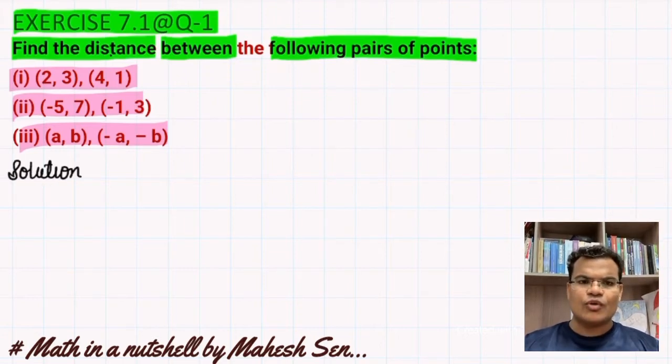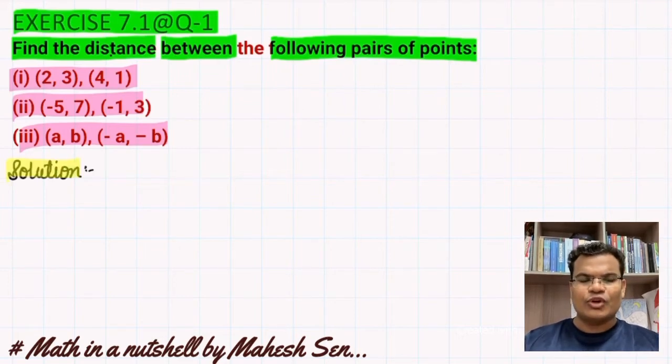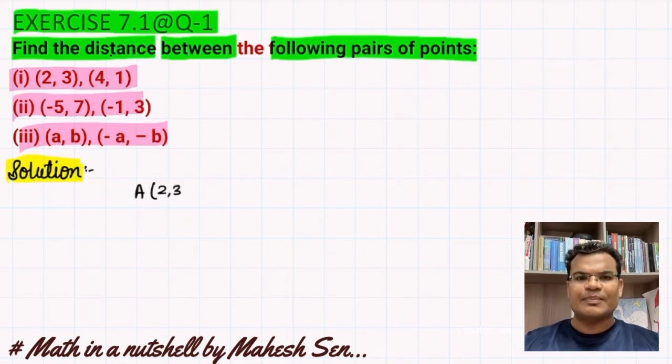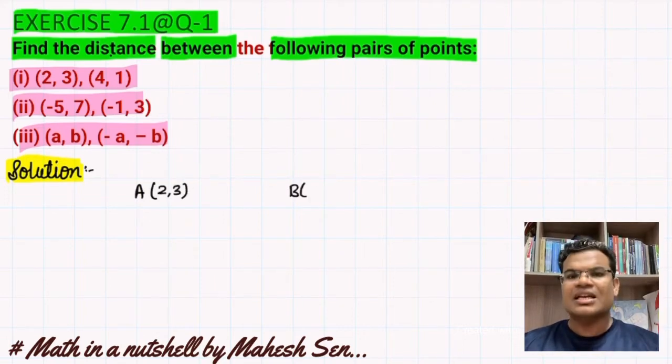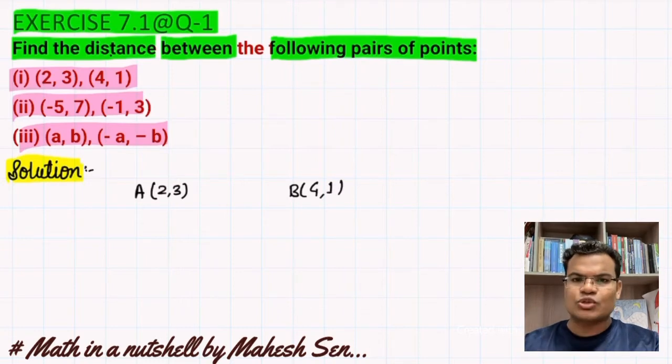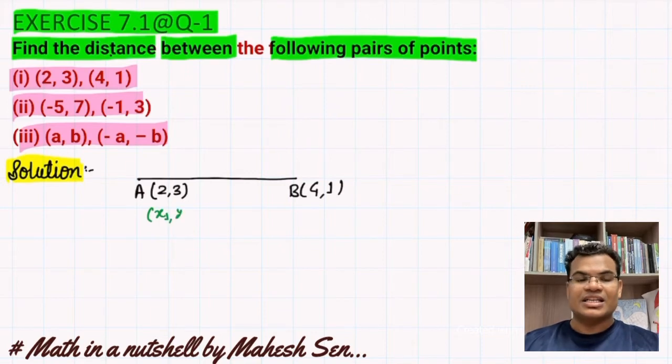We take the first part as points A and B, and we have to find the distance between these two points by applying the distance formula. Generally, when you're finding the distance between any two points, we are finding the length of the line segment. We will join these two points and find the distance AB by the distance formula.